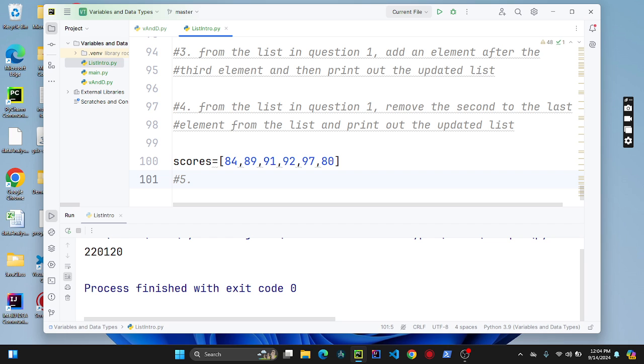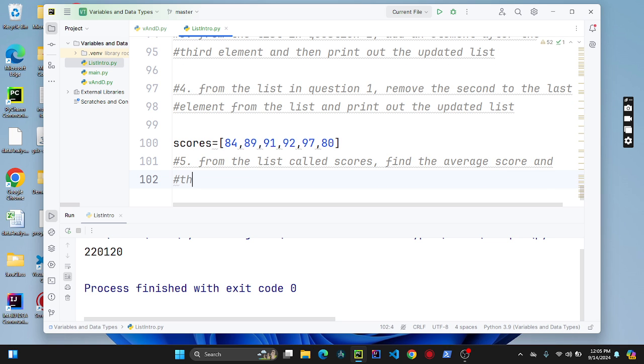From the list called scores, find the average. So now you just apply a bit of mathematics to this and solve it. Find the average and then use the result